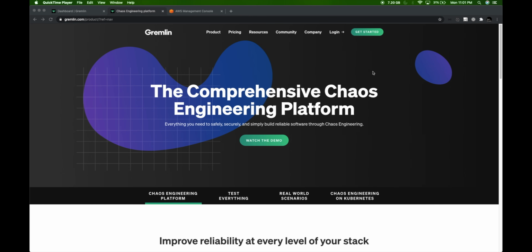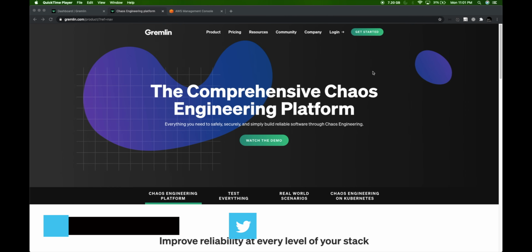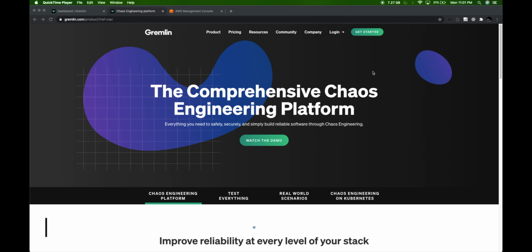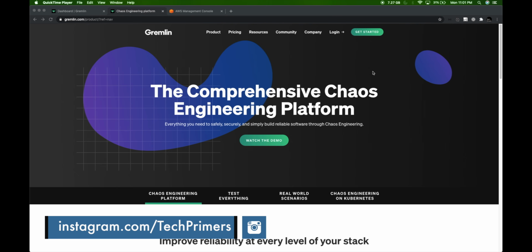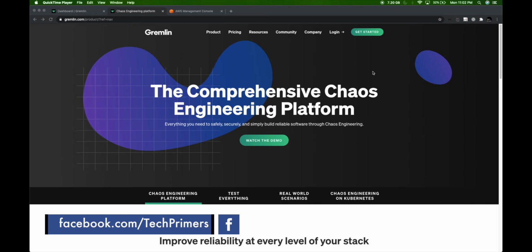Ever since Netflix introduced us to chaos engineering, there have been different tools in different form and shape for running chaos experiments in different platforms. Gremlin was created by the creators of chaos engineering who were part of Netflix earlier, and they created a SaaS offering so that we can run our experiments with a much more mature and reliable product.